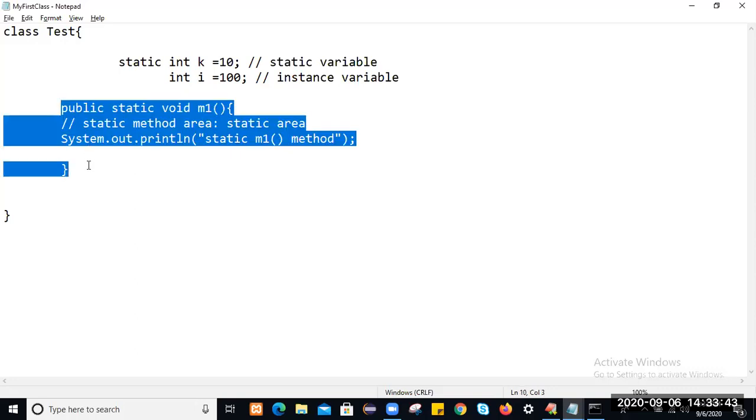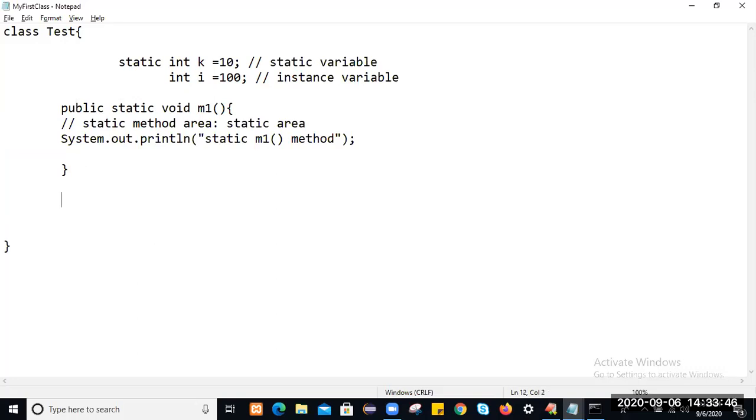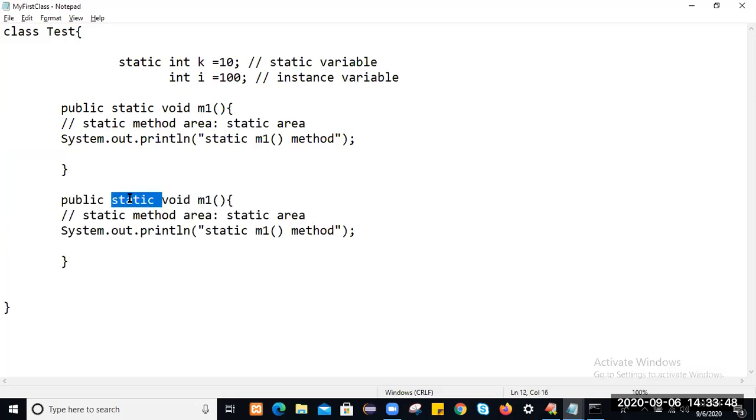If you want to create any other method like an instance method, how will you create it? The instance method we create without the static keyword: public. What is public? Public is an access specifier. In the packages concept we will learn it. What is static? It is a keyword in Java. Static we use to make any variable static, or any method static. So this is the m2 method, to display this is m2 method, but we created it without the static keyword. That is why it is called an instance m2 method.